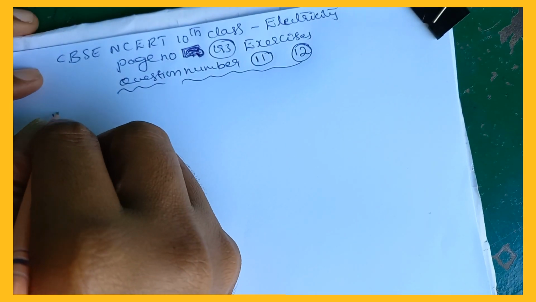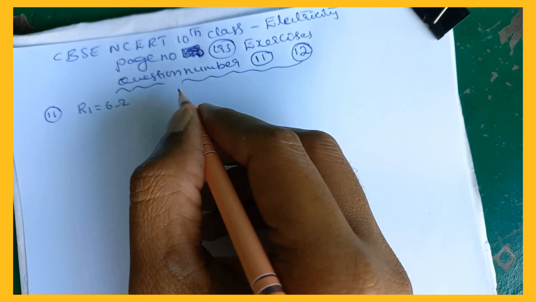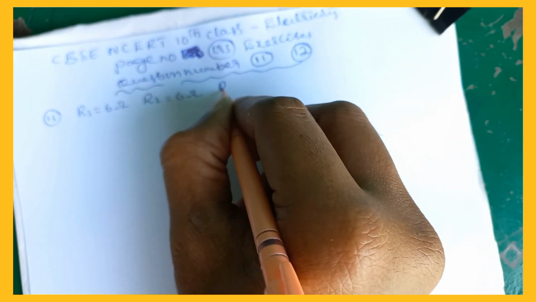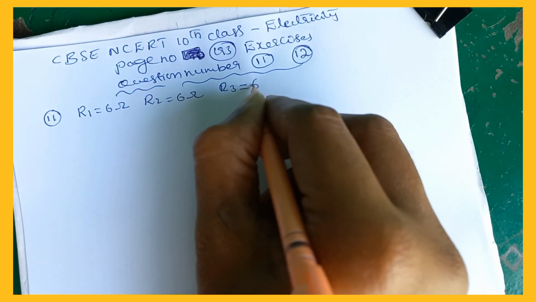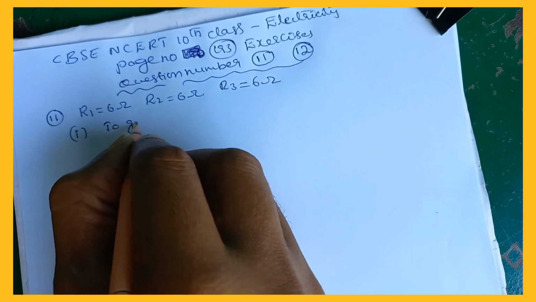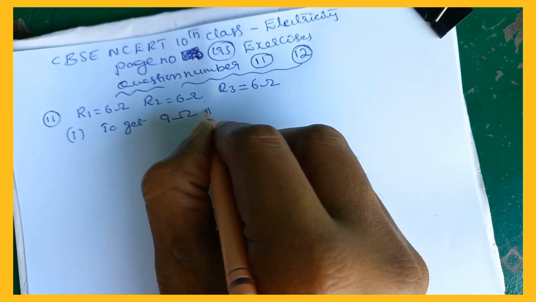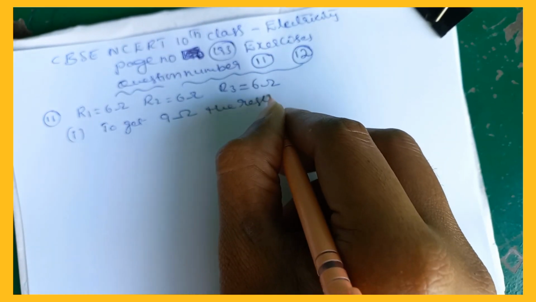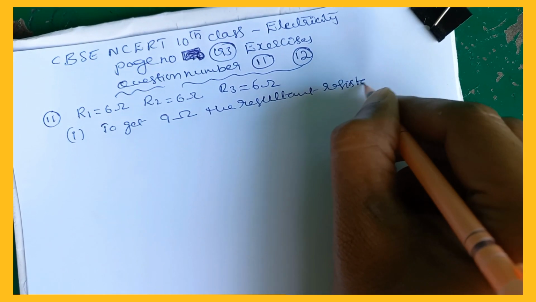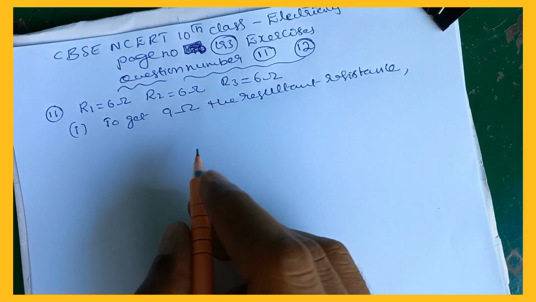Question number 11, three resistors are given. R1 is 6 ohms, R2 is 6 ohms, R3 is 6 ohms. So first, to get 9 ohms as the resultant resistance,